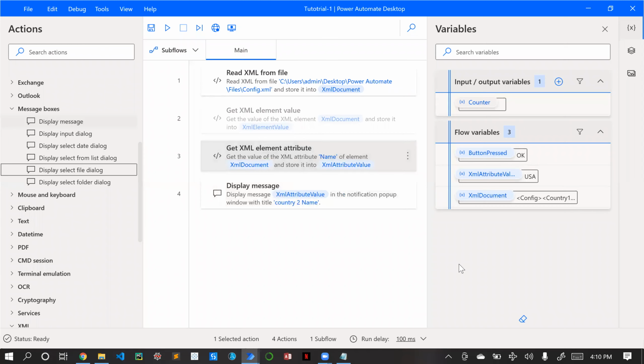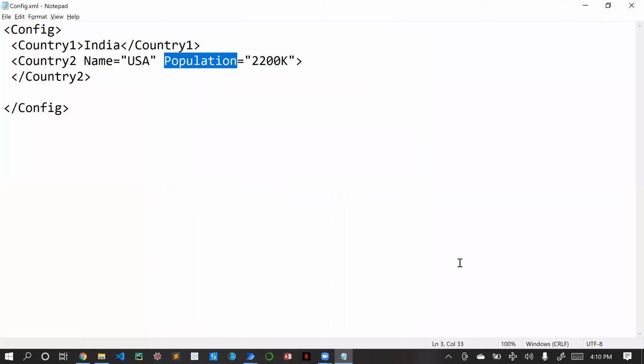Now one more question arises here. These both have a start tag and an end tag. What is the difference between them? In the tag element, we don't have attributes. Here we have attributes. That's why we can retrieve the attribute.